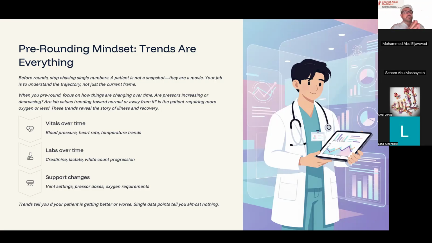Now, sometimes the patient is in front of you, but they're not responsive, or you do not have their chart. They were displaced from another place. They don't have their family, and it's a child. The child is not talking to you. So you just work with what you have, but at least you try. So pre-rounding is looking at the previous events, the previous labs, the previous story. And that's what we call